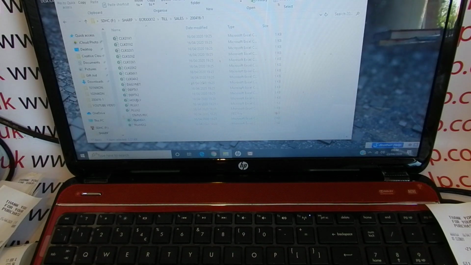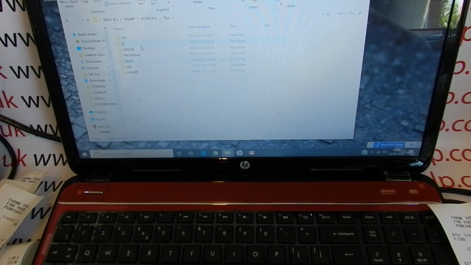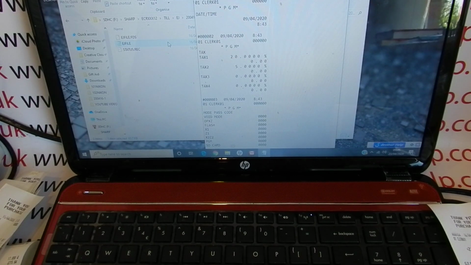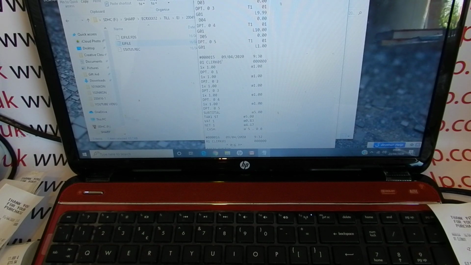Close that down. We'll just have a quick look at the EJ because that does it slightly differently because of the nature of the folder. Back to the main folder, into EJ, keep it simple and look at the same date, into the folder. I've already looked at that one, haven't I? If you haven't already looked at it, then it'll ask you how you want to open it probably. Just choose Notepad. So obviously the journal is everything that the till's done up to that particular point,